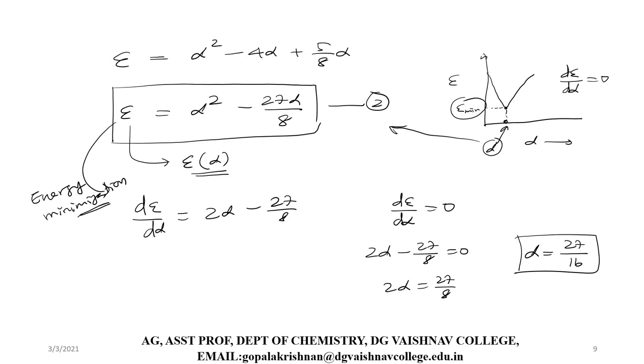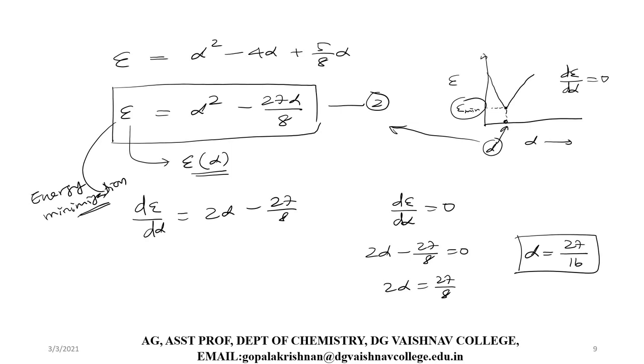You know very well the Z value for helium atom is 2. If you put Z as 2, it means the 2 electrons feel the actual charge of the nucleus, which is plus 2. So both electrons feel the same charge plus 2. But if I replace that Z by alpha, and calculate the alpha value for the minimum energy, what we got is 27 by 16.